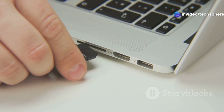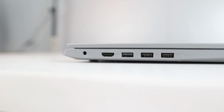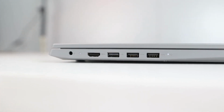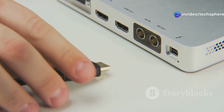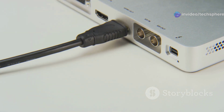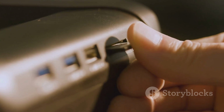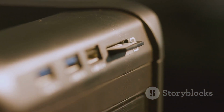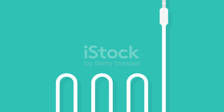Now let's talk ports. You get 3 Thunderbolt 4 ports, which are incredibly versatile and support a wide range of peripherals, but some folks might find themselves wishing for a few more options. It's always nice to have more connectivity. Thankfully, you also get a dedicated HDMI 2.0 port, which is perfect for connecting to external displays without needing an adapter, an SD card reader, hallelujah, which is a blessing for photographers and videographers who need to transfer files quickly and efficiently, and a headphone jack for all you audiophiles out there. This ensures you can enjoy high-quality audio with